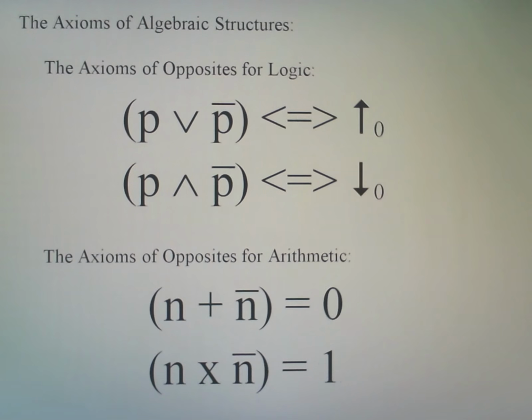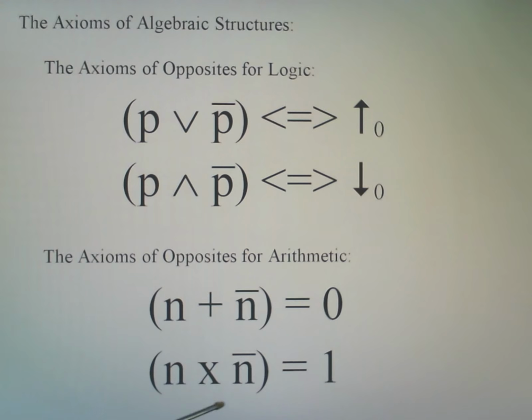Moving on, the next thing we see are the axioms of opposites. As we know, again, from arithmetic, if we add opposite numbers, now here I should have a plus n and a minus n, but what I've done is just left the plus off of here and used our negative symbol for the propositions in order to have the form a little bit closer. But clearly, plus n plus minus n equals 0. And as it turns out, of course, 0 is the identity element for addition. So when you combine opposites in arithmetic with addition, you get the identity element for addition.